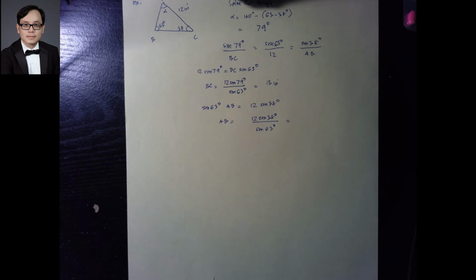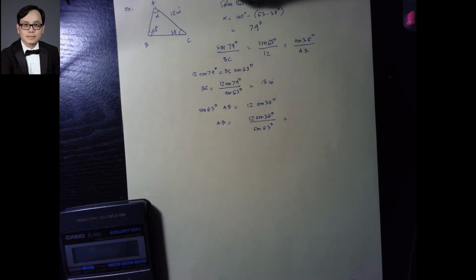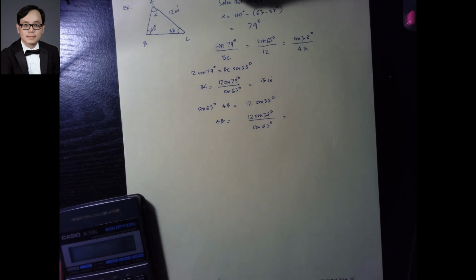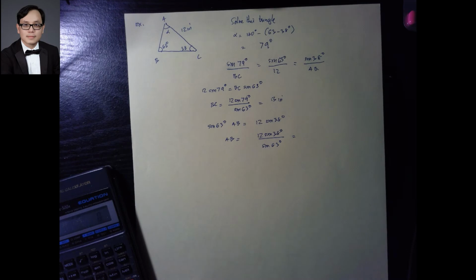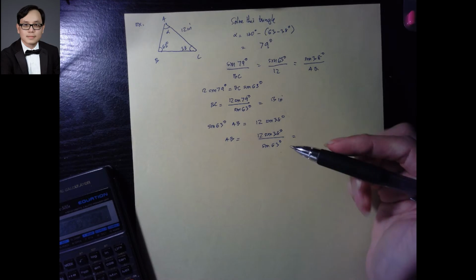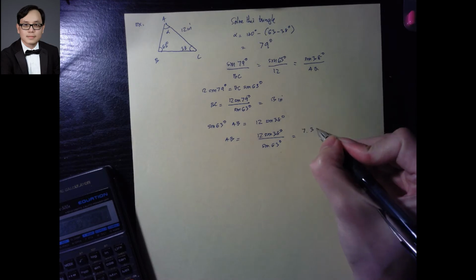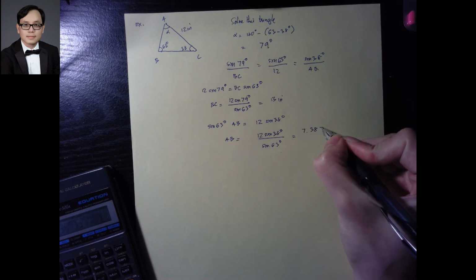Okay. So what I have here is 38 degrees, take sine, times 12, divide by sine of 63. Oh, I think I'm going to have to do this carefully. 38 sine times 12 gives you 7.3879 over